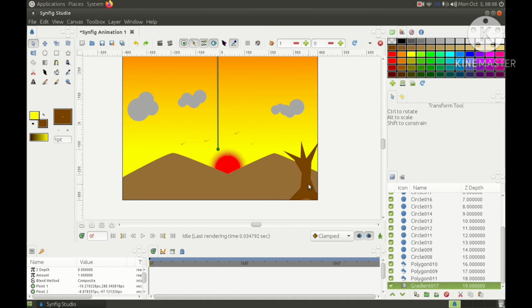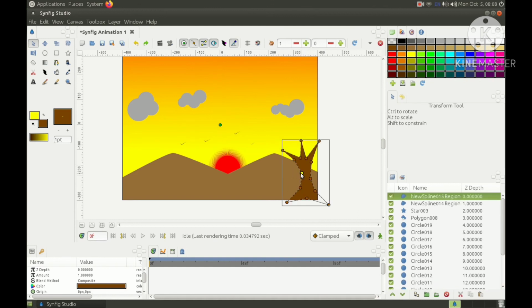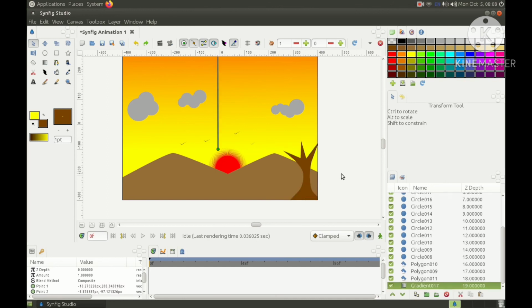You can see my trunk is created. I can give the smooth curves over here. Okay.